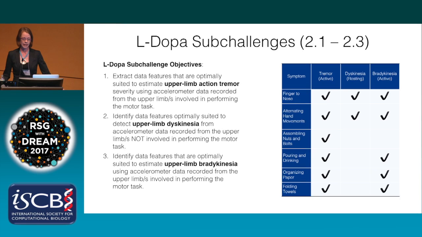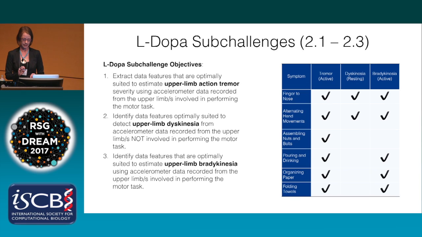We derived 3 sub-challenges based on the L-Dopa data. One was to extract features based on upper limb tremor when a task's being performed. The second is to identify features that predict upper limb dyskinesia for a limb at rest. So in this case, we used